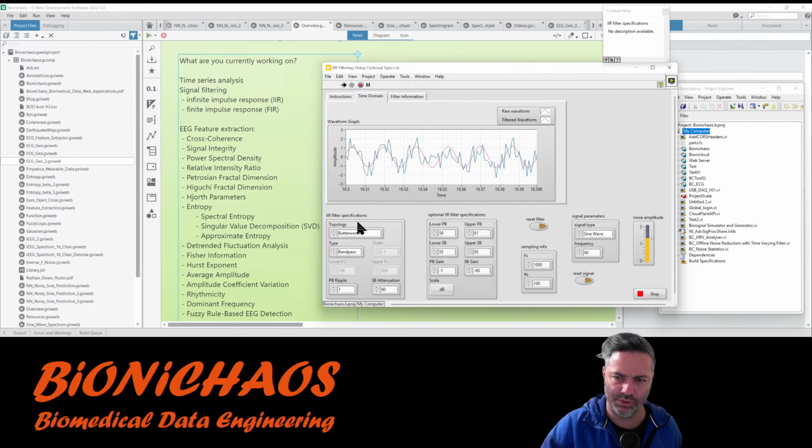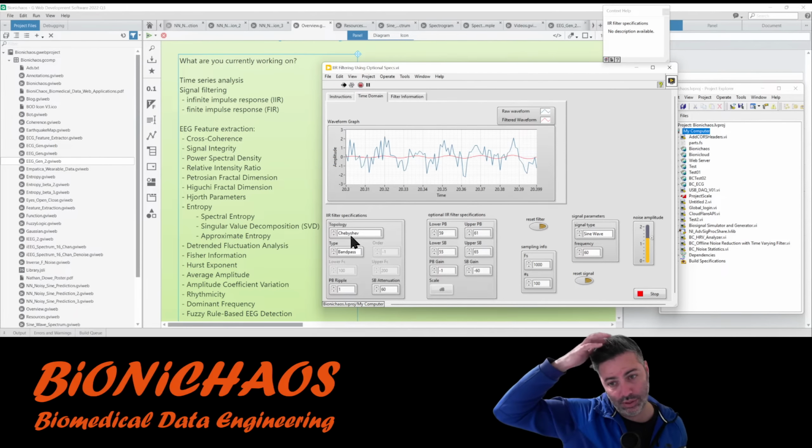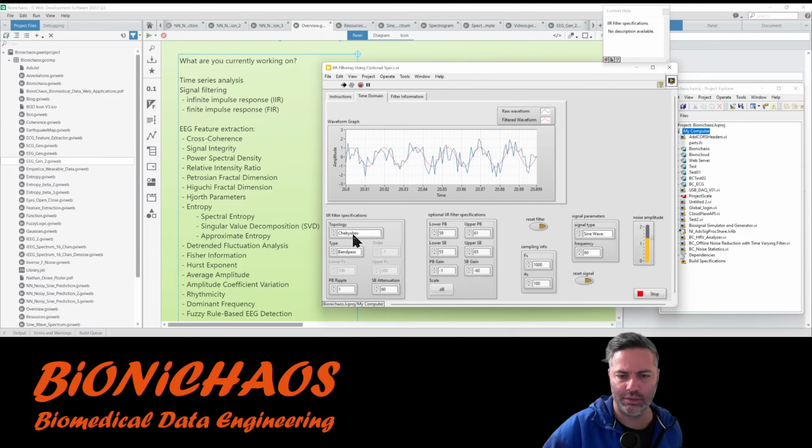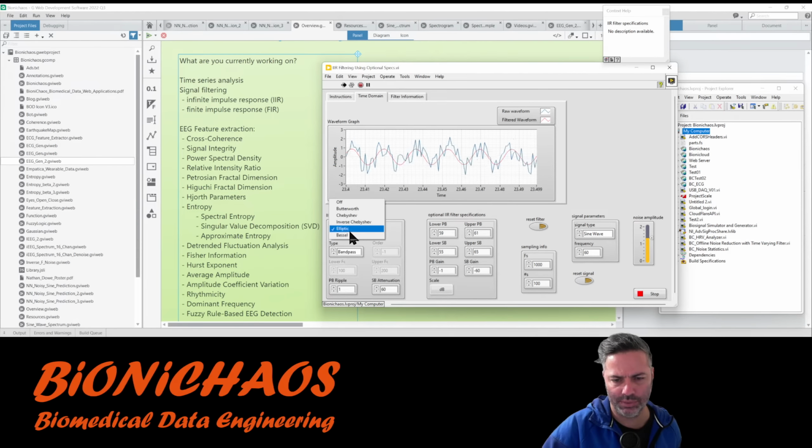Yeah, this one converges. Chebyshev, yeah, still works. Inverse Chebyshev seems to work. Elliptic seems to work, and there's not much difference between them as well.